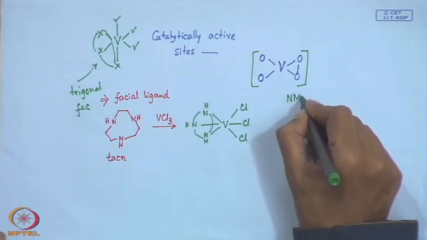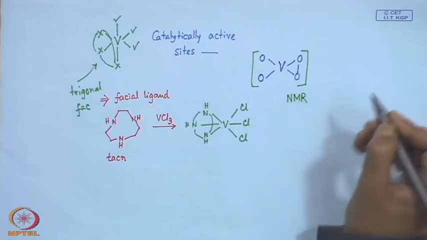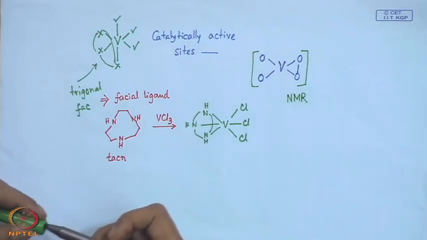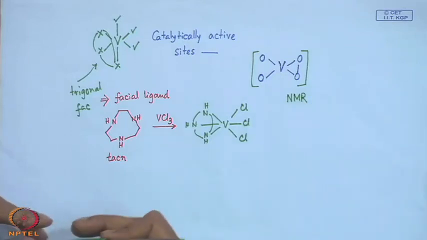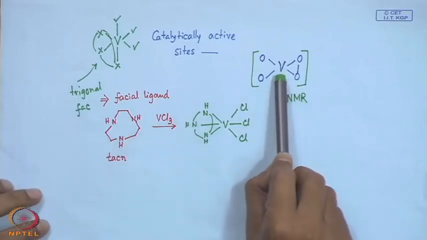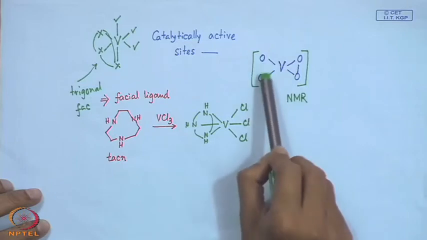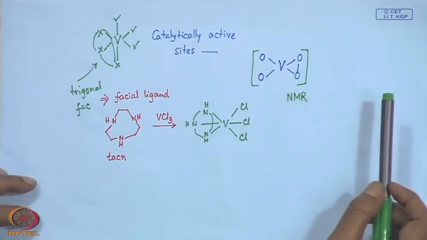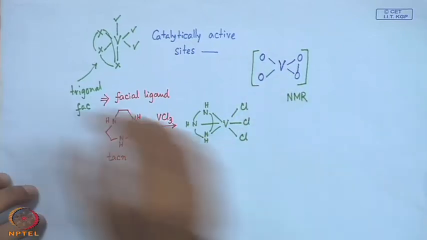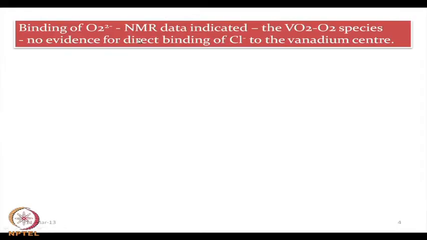If we study the corresponding vanadium-51 NMR, it can immediately indicate that this vanadium center is bound to the peroxo linkage as well as to oxo as the vanadium dioxide. So, NMR data is definitely indicating that we have the definite binding of the peroxide, and the vanadium dioxide